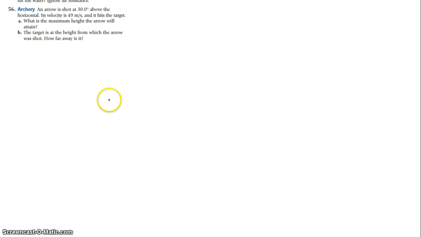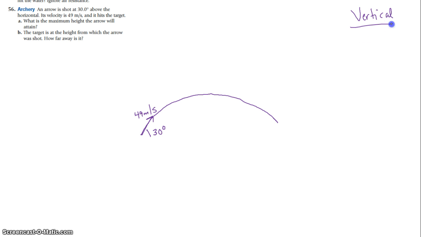So this time we have a two-part problem involving an arrow being shot at an angle of 30 degrees above the horizontal. So here we have an angle of 30 degrees, and the velocity is 49 meters per second. It does hit the target. We want to know the maximum height the arrow will attain. So again, we're looking at vertical height. So what we want to find in part A is